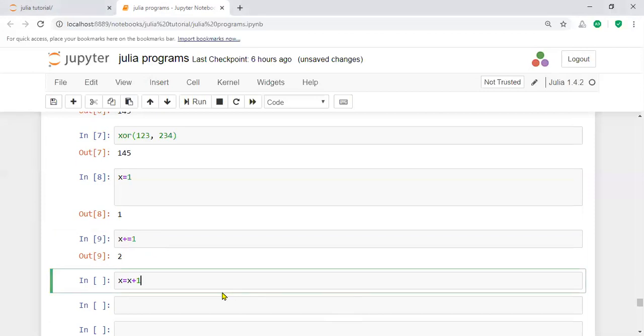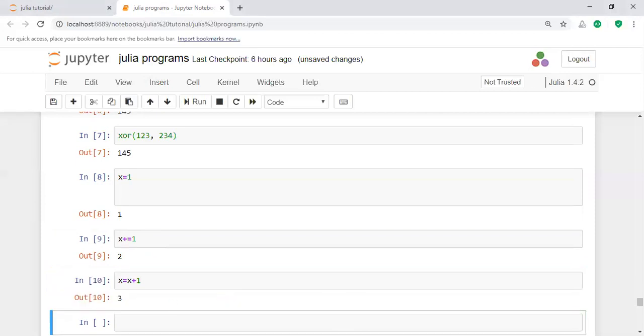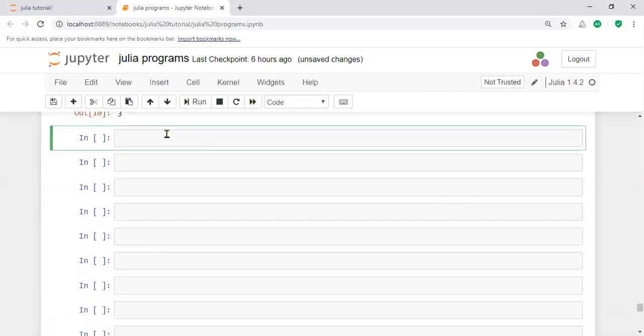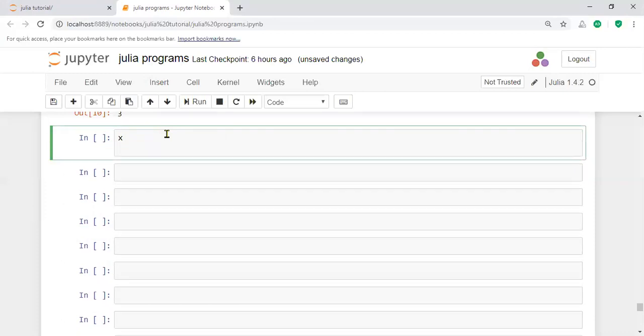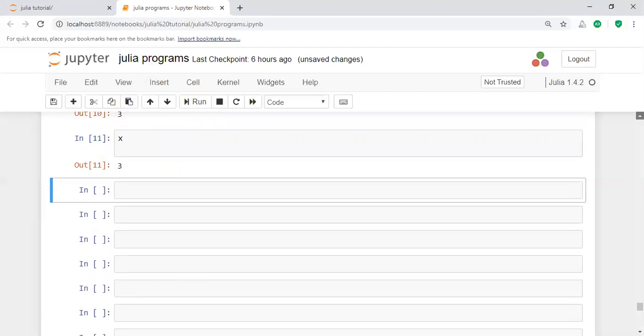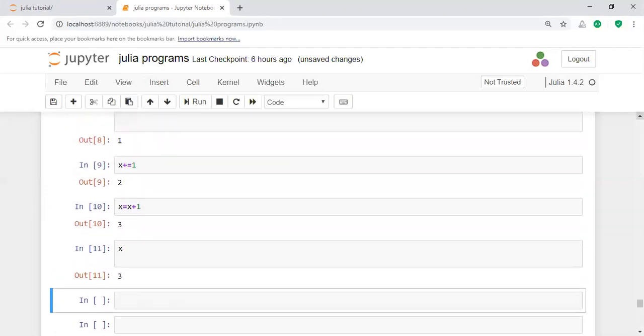If you execute this, what is the final x value? The value of x here is 3. Previously x was equal to 1.